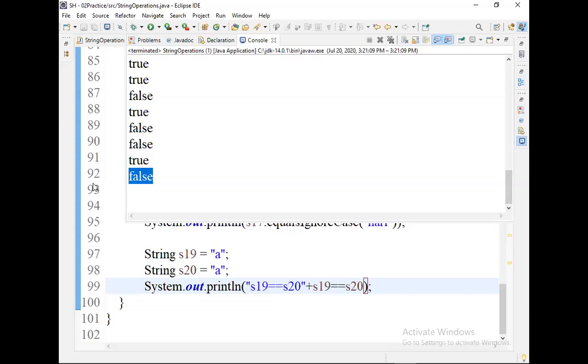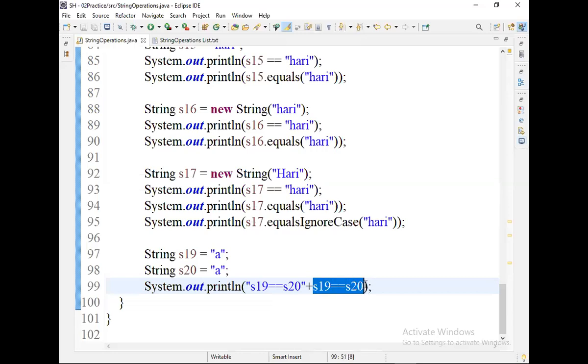Many of the people are telling true. Wrong calculation. Check once. Many people are telling true because you are seeing only S19 and S20.